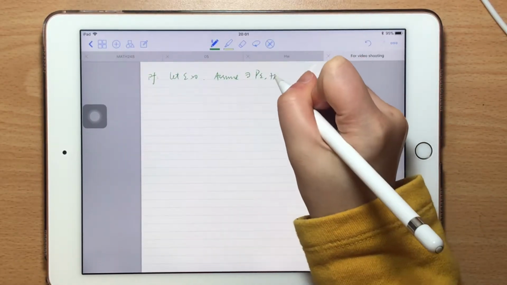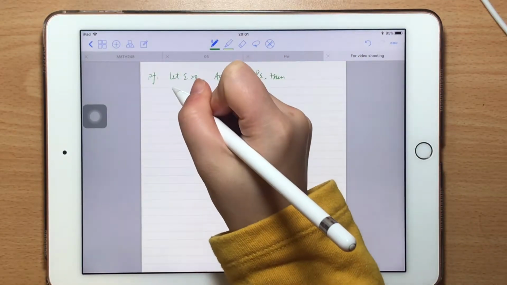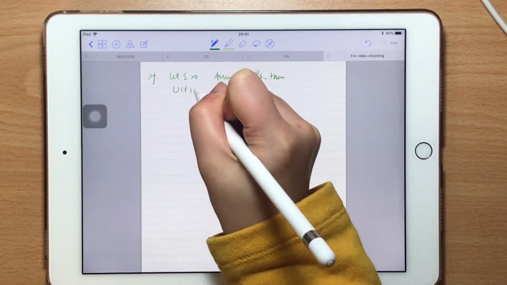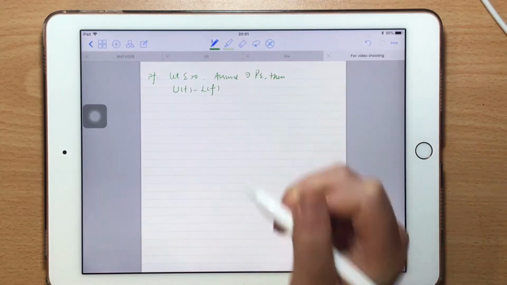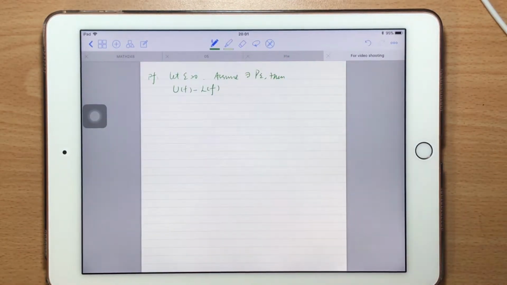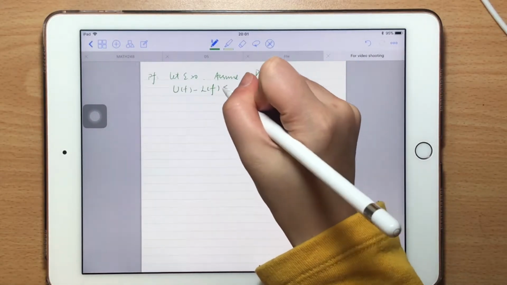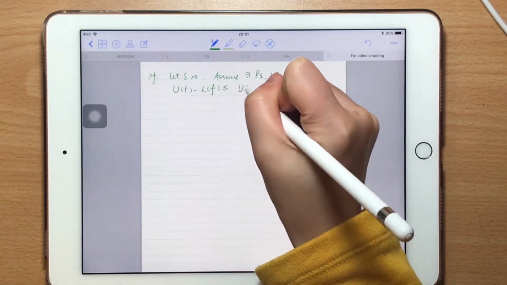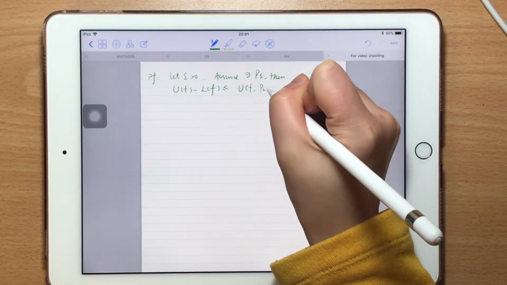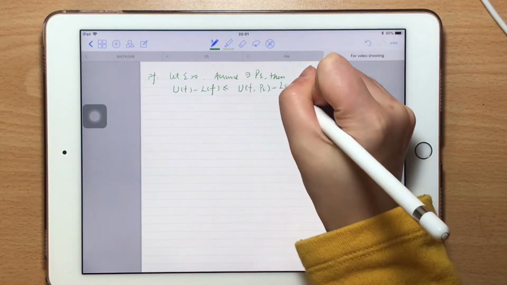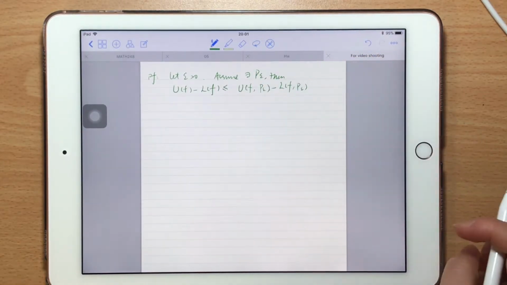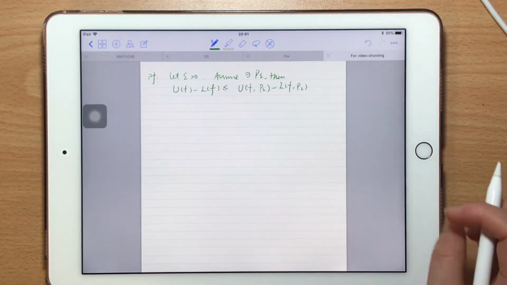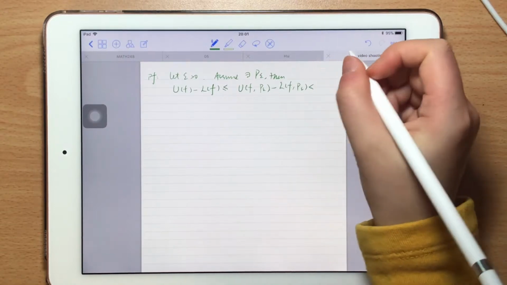Then what we get is that by the condition we have UF minus LF, the difference of the upper and the lower integral, will be smaller or equal to UF(P epsilon) minus LF(P epsilon), right? Which is smaller than epsilon,